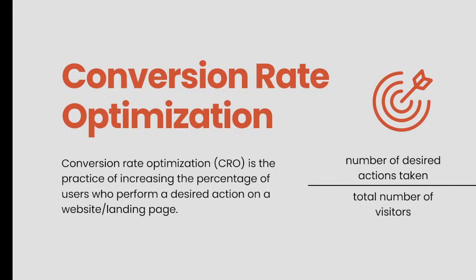I'll show you a simple formula, like you can see on the slide. We said the number of desired actions taken. The actions could be to fill a sign up form, it could be to buy now, could be to follow a process, whatever your action is. That's one. If you divide that number over the total number of visitors, let's say you have 10 people sign